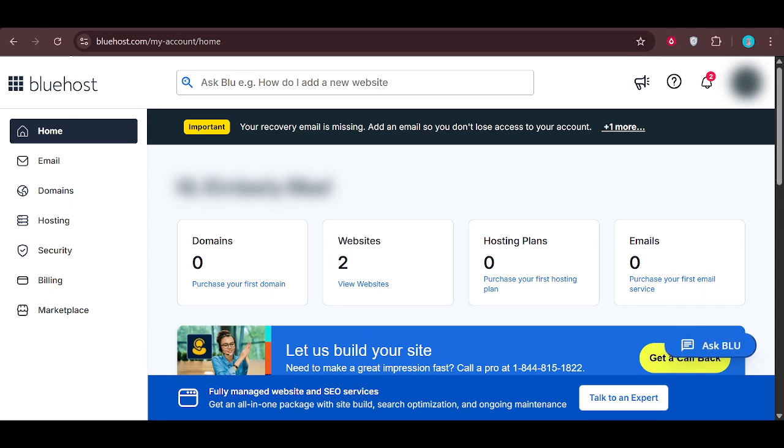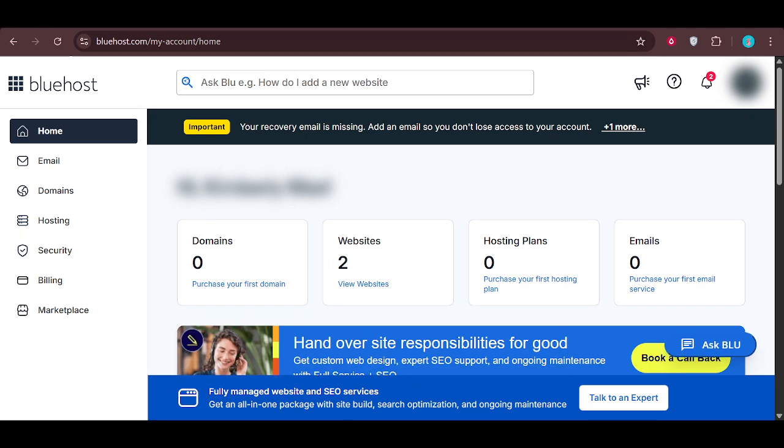First, start by signing into your Bluehost portal. This is your main dashboard where you can manage all of your website's settings and hosting tools. Once you're logged in, take a moment to make sure you're on the main home screen of the portal, not inside a specific tool or page. If needed, you can usually get back to the main dashboard by clicking the Bluehost logo or the home option